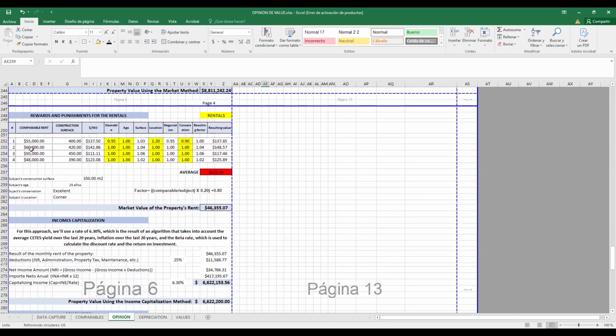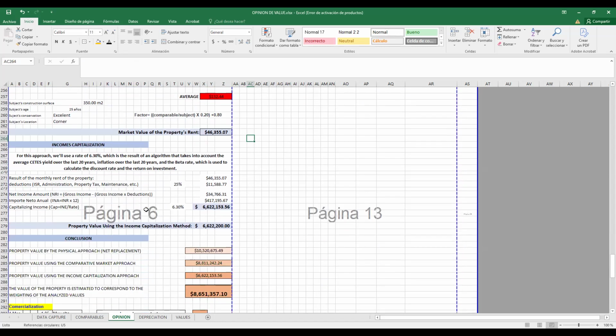And about the capitalization of the rentals, we have how much we can rent the property. We can rent the property for 4,600,000 a month. So this exercise can give you how much you can rent the property with this investigation.